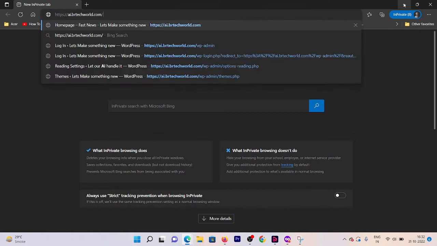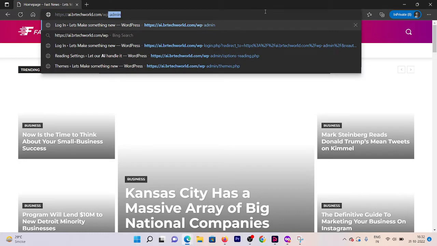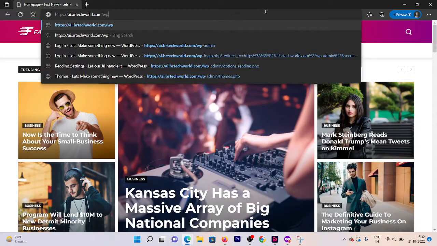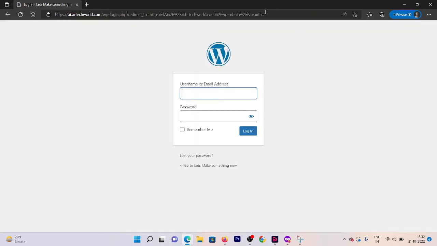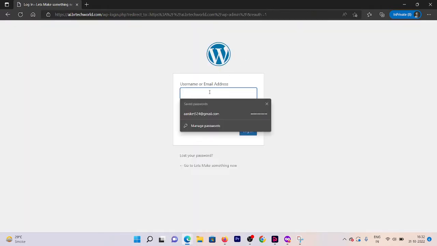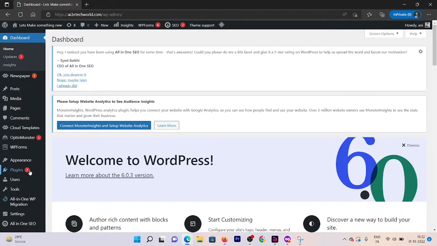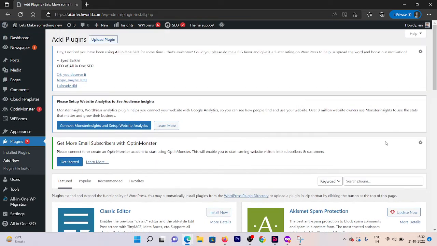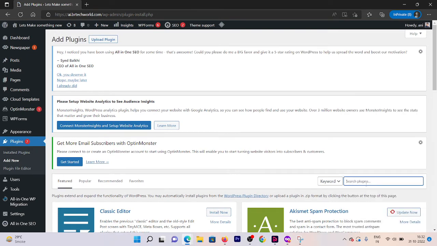So for that, first of all, we are going to visit our website, and here at the end we need to put wp-admin. Then it's going to redirect us to our login page, and here we need to fill in our password. Then it will take us to our dashboard page, and here we need to go to the plugins section, then click on add new, and from here we need to install a plugin named WP Hide Login. So in the search bar, search for WP Hide Login